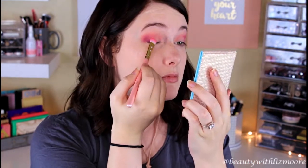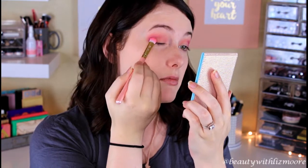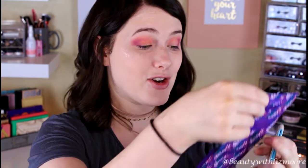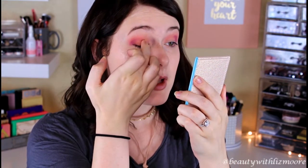And still not a whole lot is coming off with the brush. It's just not doing a whole lot. It's just not doing it for me. Could be the brush just isn't as dense as it needs to be for this kind of shadow. I am just going to go in with my finger, and you can see a whole lot of pigment comes off that way. And I'm just going to kind of press it